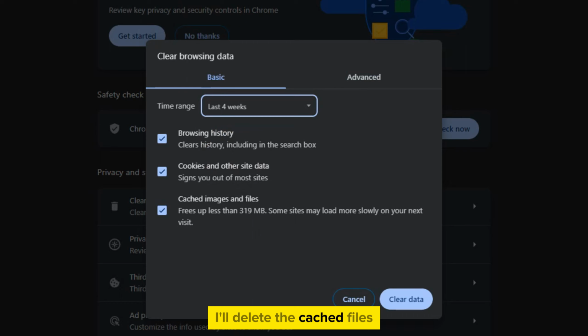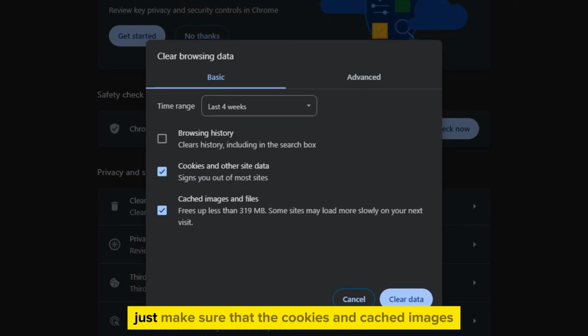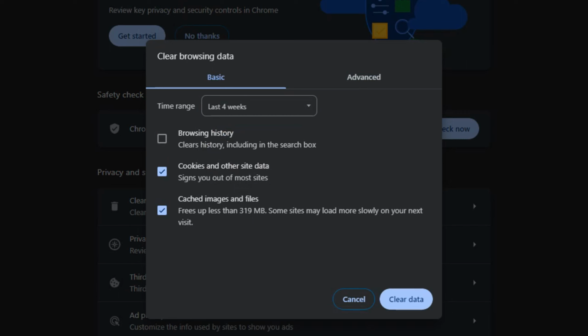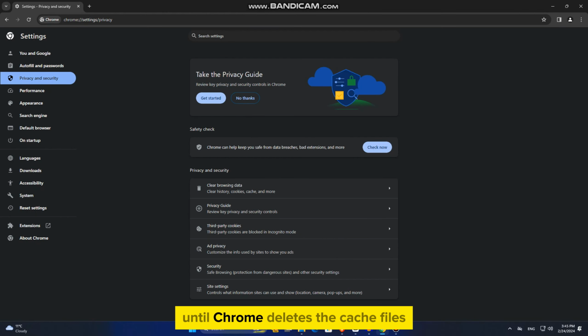I'll delete the cached files and data from the past 4 weeks, and we have 3 different options at the bottom. You can uncheck the browsing history if you don't want to remove all the different websites that you had visited. Just make sure that the cookies and cached images and files are selected. You can then tap on the Clear Data option and wait a couple of seconds until Chrome deletes the cache